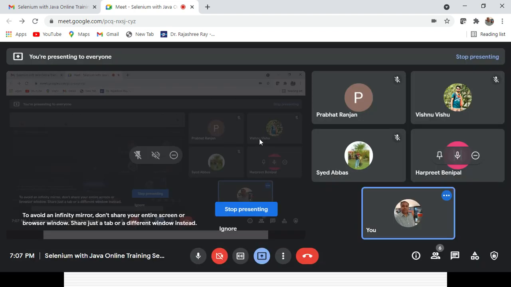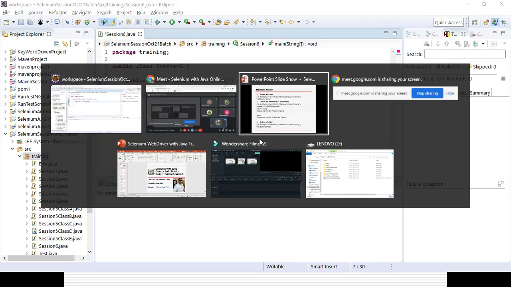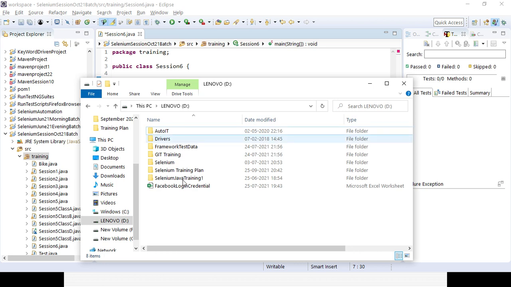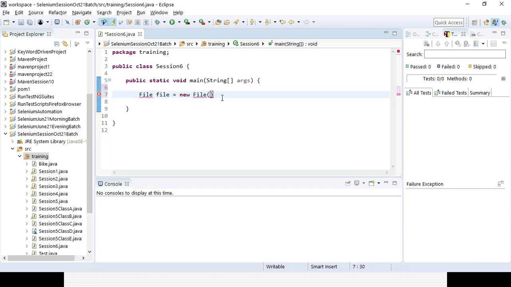Okay. Suppose I want to create some folders in my D drive. That is the path, and you need to give the name. Suppose I want to create a folder called Selenium training here. It will be D drive, slash, within the double quote, say Selenium training 31st October. That is the folder I want to create. Okay, and I need to close with a semicolon.